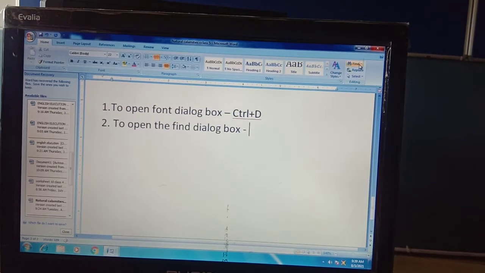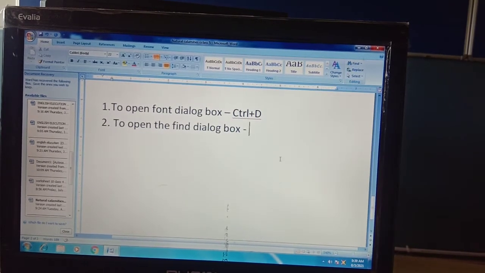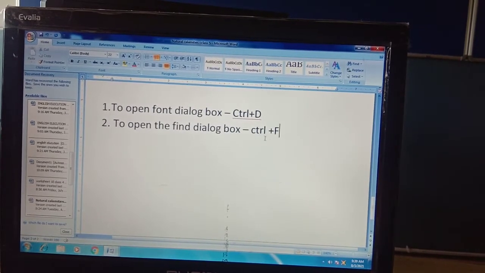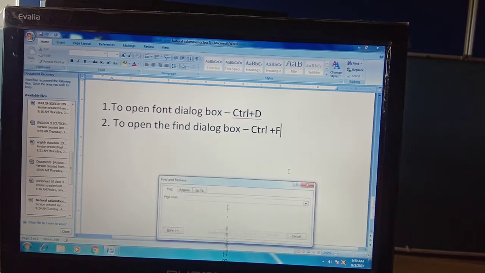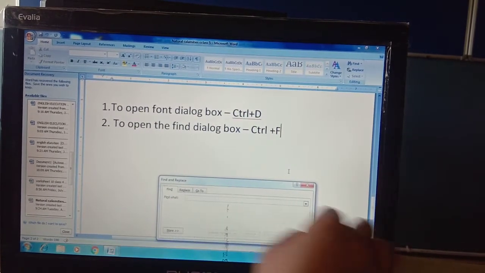Watch the previous video, beta. There we have learned already. So this is CTRL plus F. Okay, just see. I am pressing Control and F keys together. The find dialog box will open.